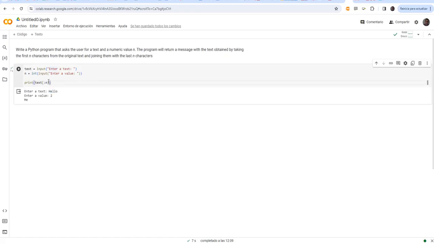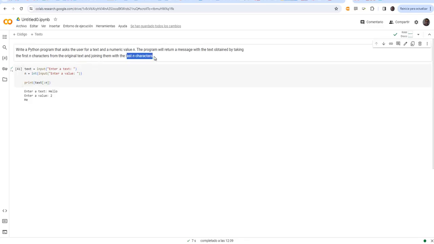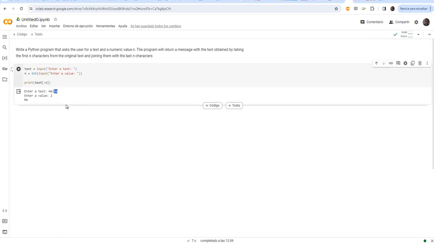Then we need to obtain the last n characters. This means the character in the last position and the previous one. So this can be referred as -1, -2, and this can be represented as negative indexes.